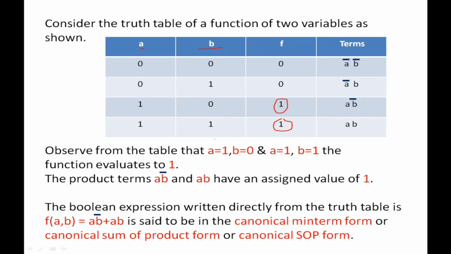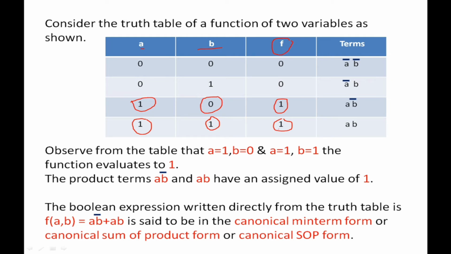If we observe the truth table, where a is equal to 1 and b is equal to 0, and for the fourth row where a is equal to 1 and b is also equal to 1, the function f